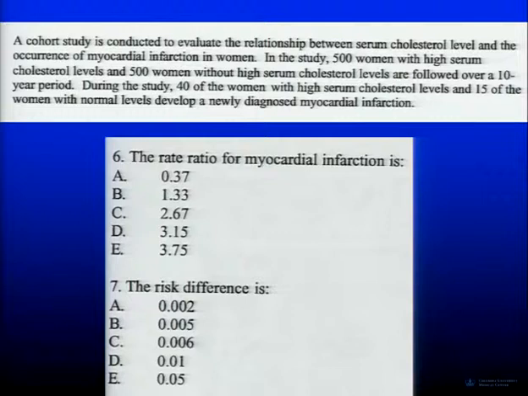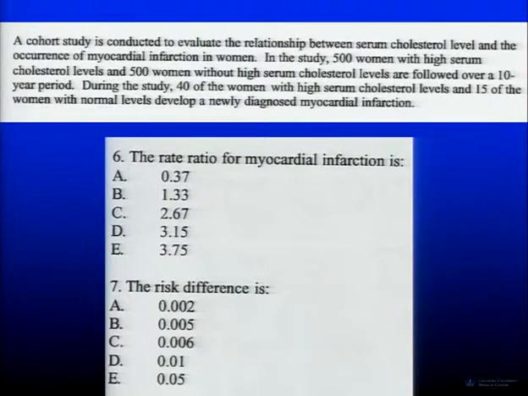Okay, so here's a cohort study. It's the same study, okay? So the rate ratio for myocardial infarction is going to be what? What numbers would you use for this? Right, so it's 80 per 1,000 divided by 30 per 1,000, or it's 2.67 is the answer, so C. So it's just the incidence rate in the exposed, the high serum cholesterol, divided by the incidence rate in the